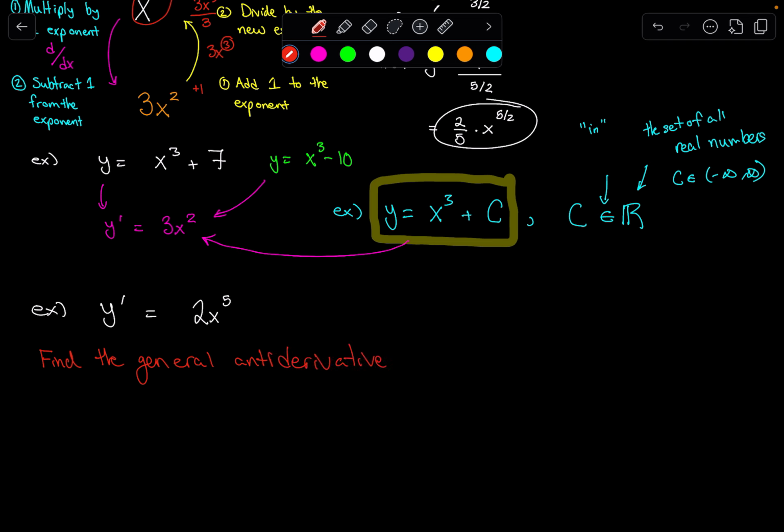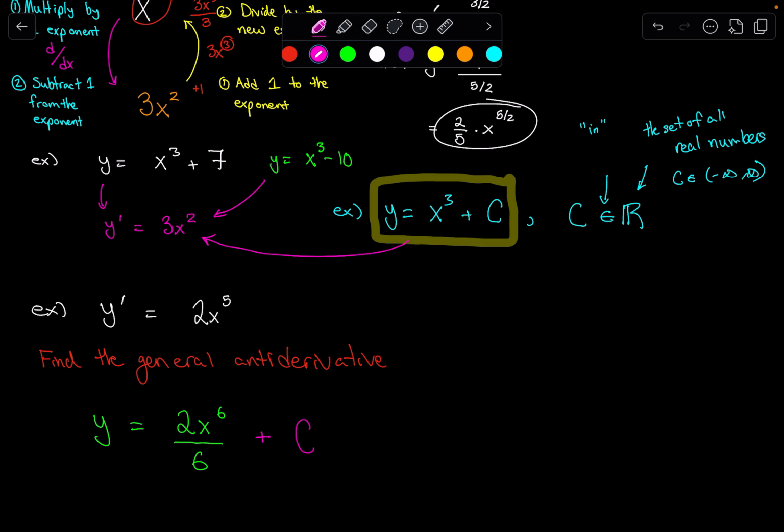So what we're looking for is to get some equation y is equal to something, and we're going to follow our own rules, which is we're going to add 1 to this exponent, 2x to the 6th, divide by that new exponent. But we know that technically speaking, there could also, in theory, have been any constant added to this,